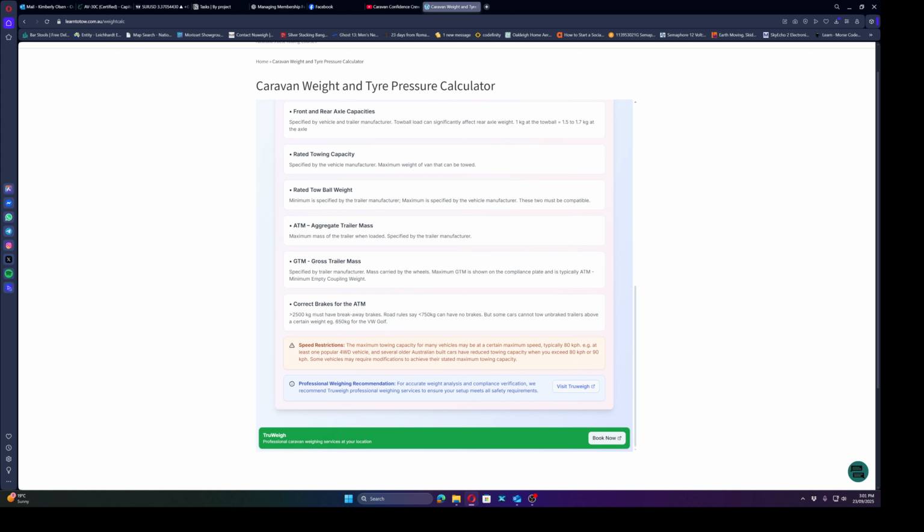Now, a lot of people will get advice from various places saying, oh, XYZ car can tow 3.5 tonne, your Caravan's 3 tonne, you'll be right. Sorry, you will probably not be right. And that is why only 1 in 10 Caravan car combinations on the road, according to the statistics from weighing,